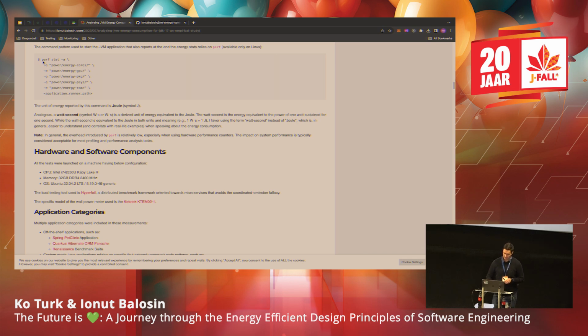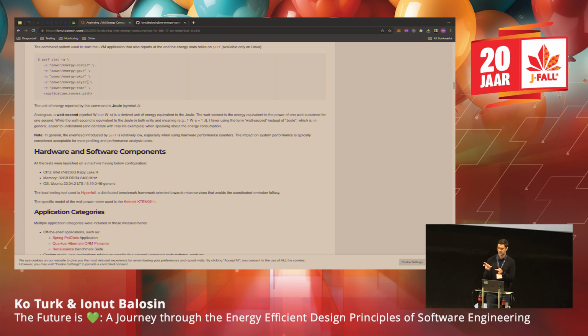So how did we do it? Every time we tried a measurement, we started the process itself with a perf command, and we told perf to give us, when the process finishes, the stats, these events which are related to the energy consumption.